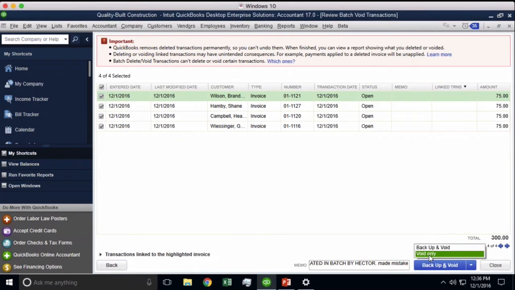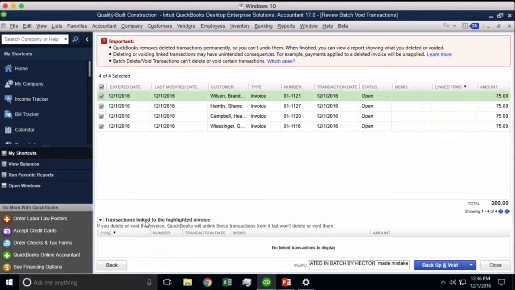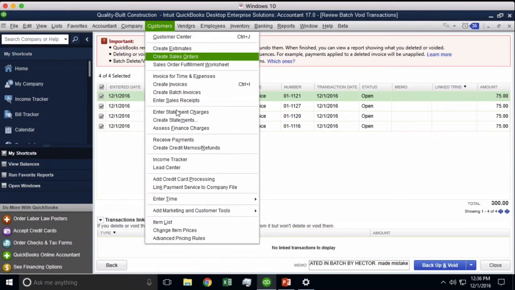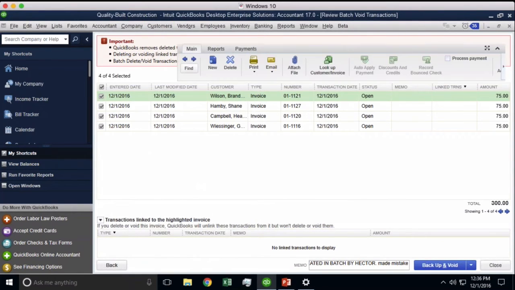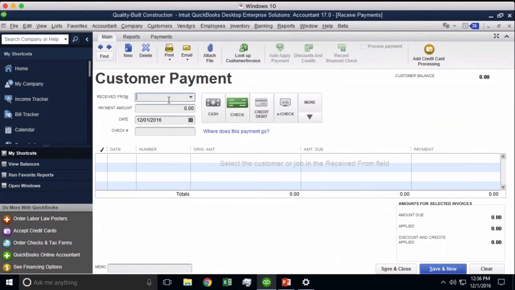Okay. Now in this screen, there's also something really important here. Here at the bottom, it says transactions linked to highlighted invoice. Now, what the heck does that mean? I'll show you real quick. So let's say, for example, one of these invoices that I'm trying to void actually has a payment attached to it. So